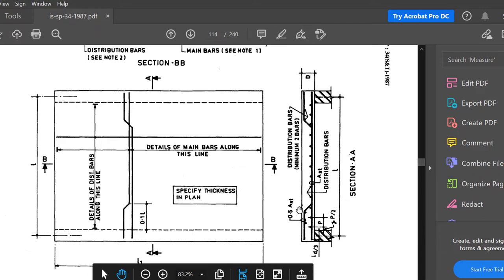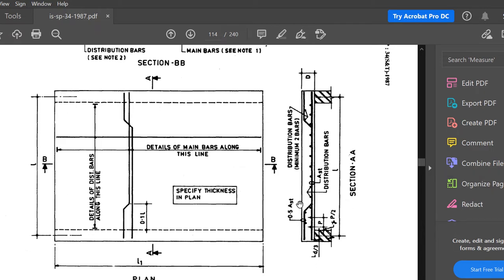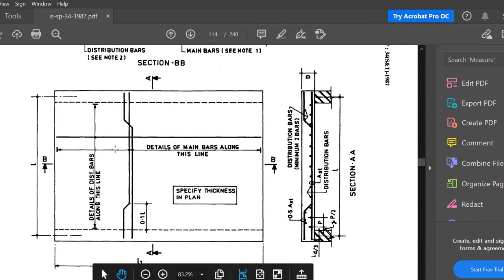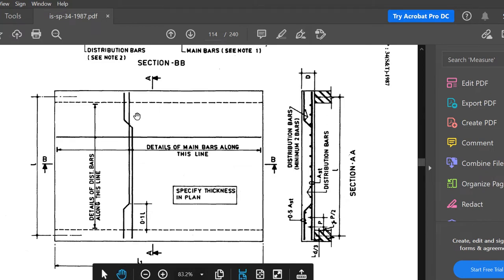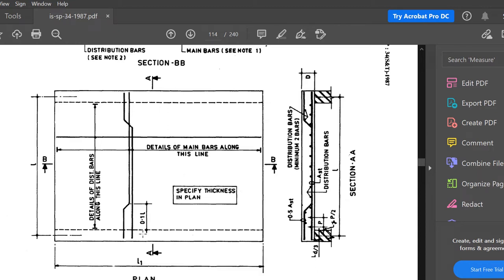So here what you are doing is at 0.1 L you are bending the bar. So one bar will go straight and it will get bent over here, and the other bar will go like this and it will get bent. That is, alternate direction will bend it. Or in another way you can bend all the bars. That is, one bar will go straight, the other bar will bend here as well as it will bend here. That is 0.1 L and 0.1 L. The other bar will go straight. You can draw it in that way also, or you can place it in that way also. It depends on the engineer who is doing it.